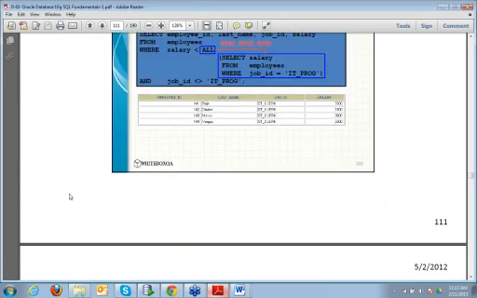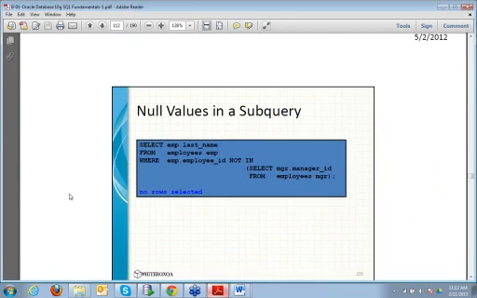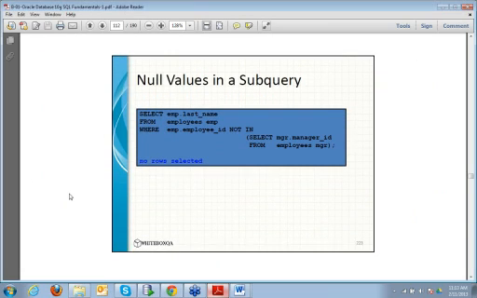So I hope multiple row operators are clear, and we can have null values also. So if there are no values, then it is taken as null. So here no rows would be selected because the where condition is not satisfied, right?